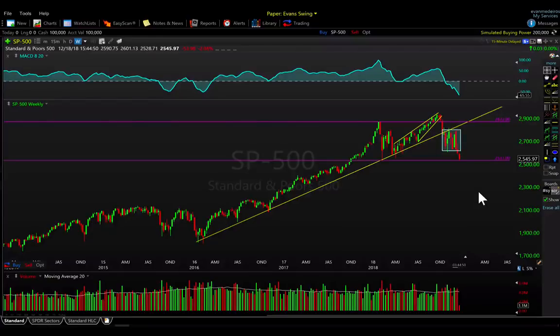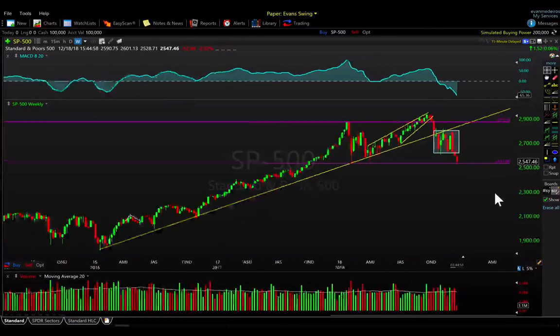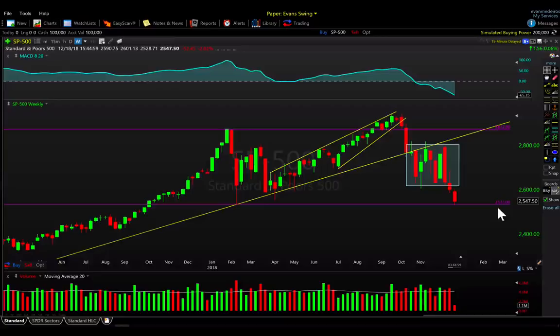So it's tough to play the guessing game of which way this is going to go. We just like to map out the levels and think about the important inflection points so we can measure risk against. Right now here with the Fed tomorrow, which I think is actually an important